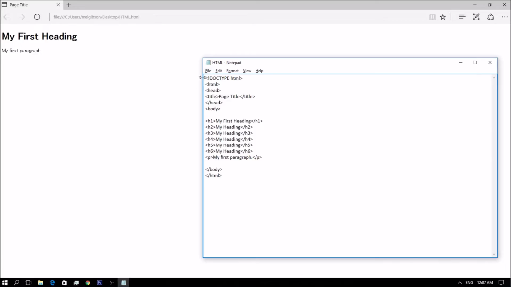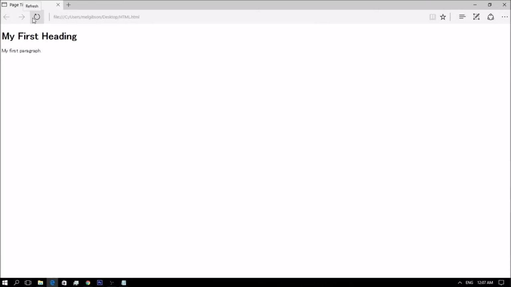Then save and reload your browser. You can see from the biggest one to the smallest one. So this is the H1, the H2, H3, H4, H5, and then H6.